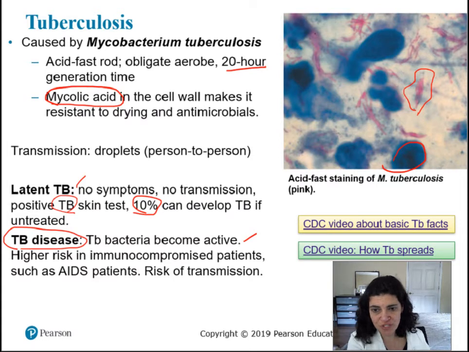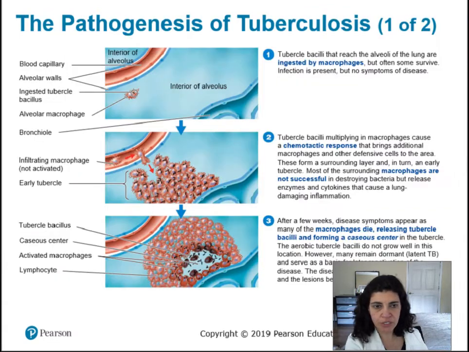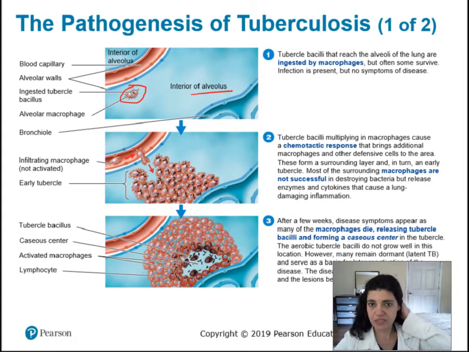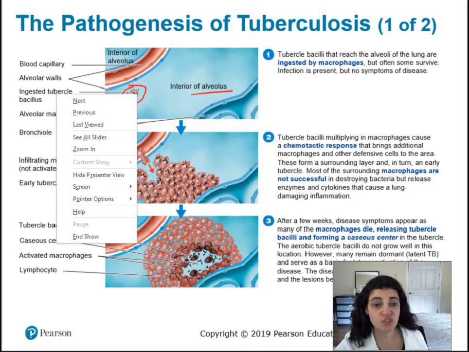There are two videos here about TB that I'm happy to know if you watched, and how they spread, but we're going to talk a little bit about the pathophysiology of the disease here, how it happens. So here is an alveolar macrophage. Where is that? Inside your alveolus, right? And that bacterium comes in contact with the alveolus through the respiratory path, so that Mycobacterium gets here, you see, and the macrophage ingests,